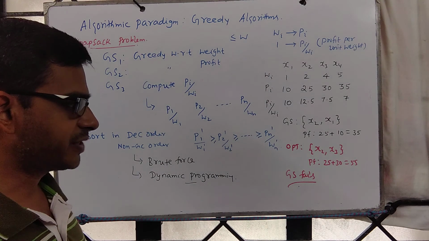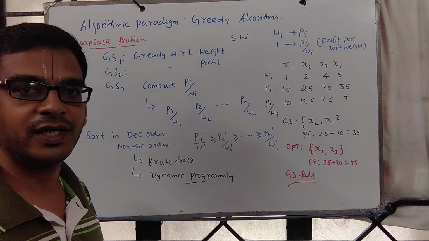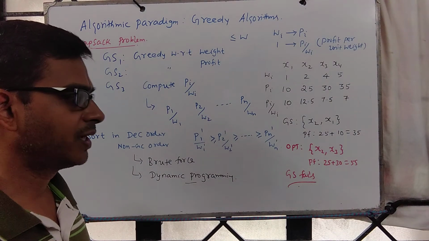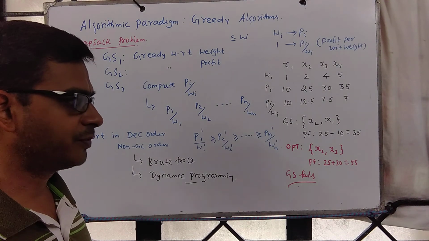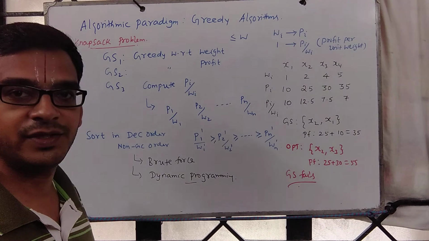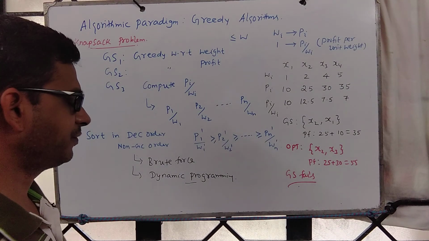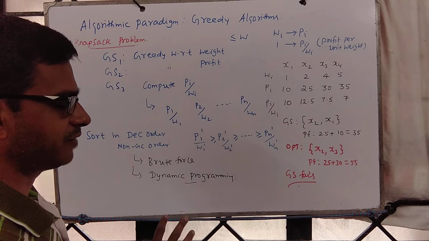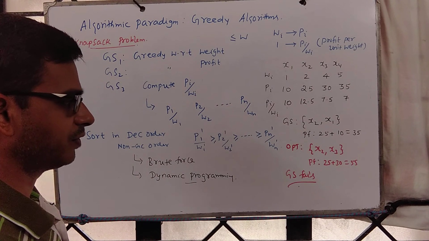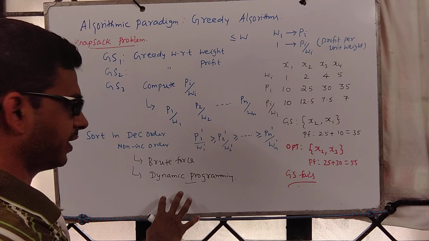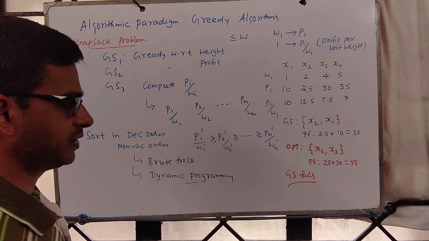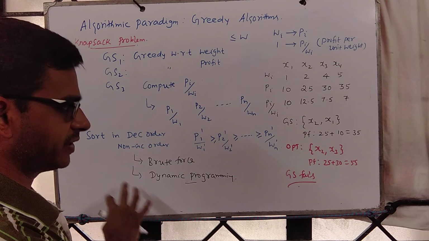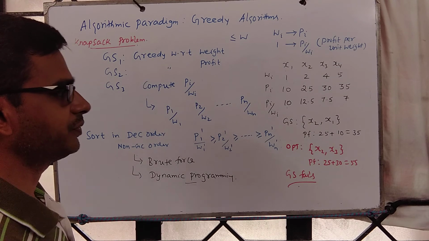So given a computational problem, first we experiment: are there greedy strategies which will give optimum? If it works, we look for a proof, and intuitively first we think it works, then we look for a formal proof. And when it doesn't work, or when we know that none of the greedy strategies give optimum, then we get into the design of dynamic programming. And here is one case study which is falling into this category.